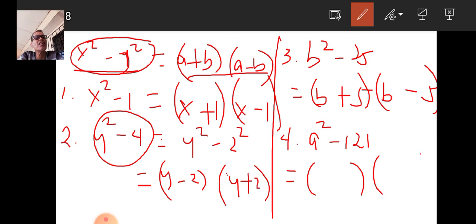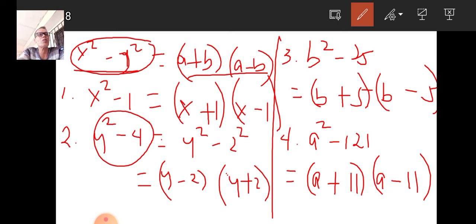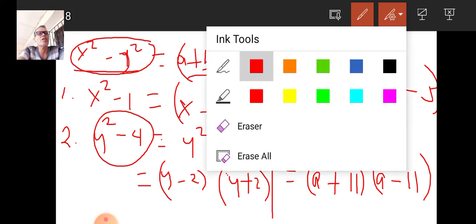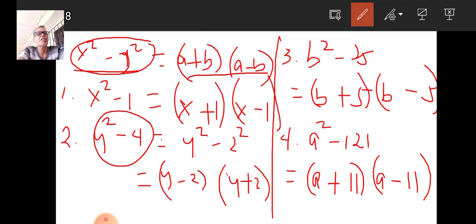So the square root of a squared, the factors of a squared, is a times a. The square root of 121 is 11 times 11. Then put positive for the first factor, and the other one is negative. So okay, that is how to factor the difference of two squares. So next,